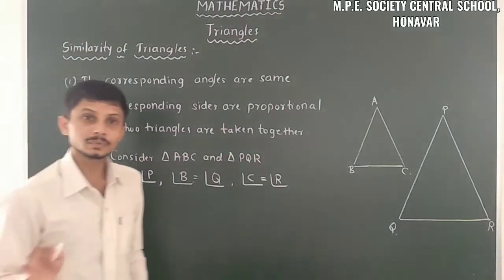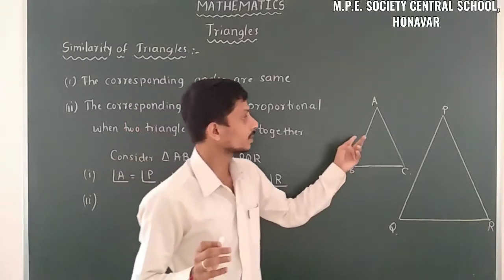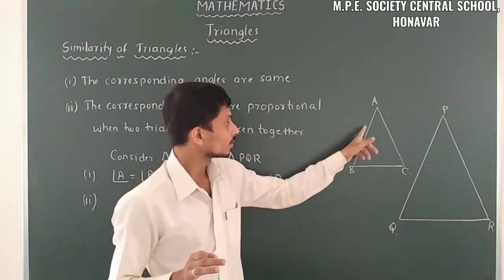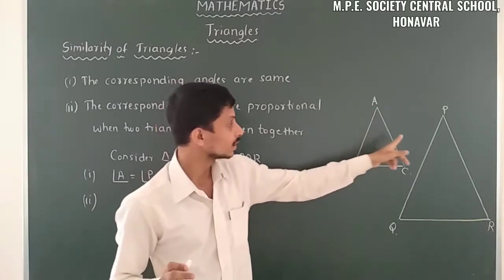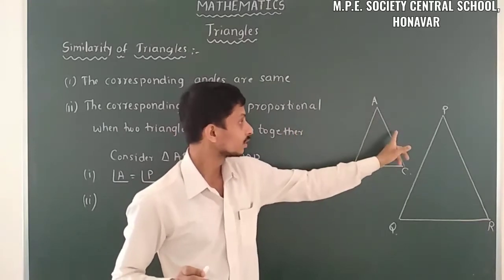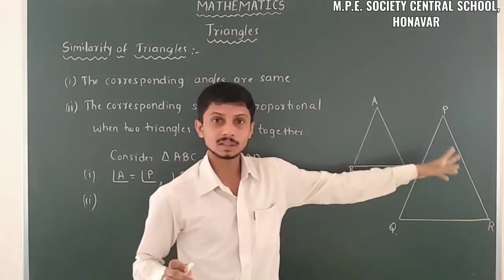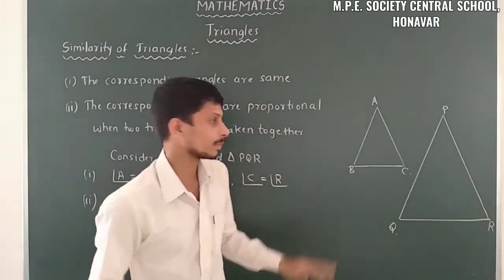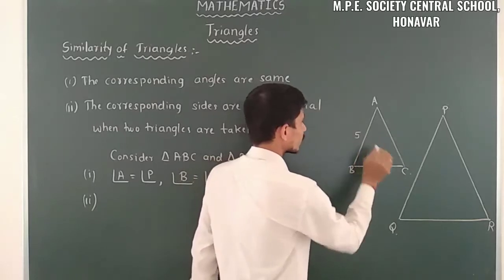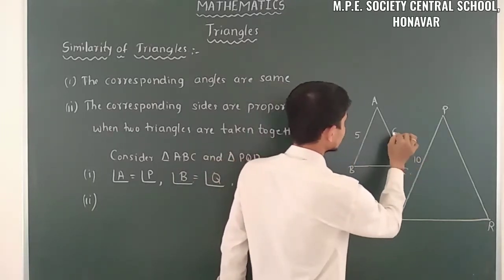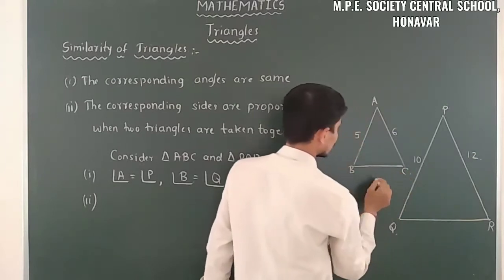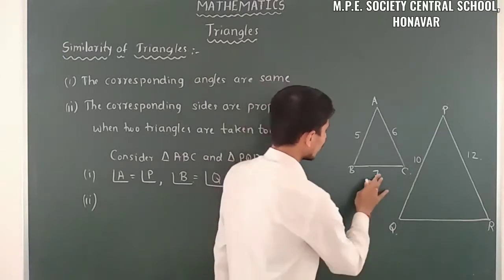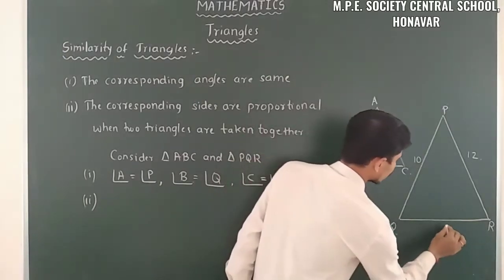Here we have to be aware of the measures. What is the measure of this, what is the measure of this? For example, here the measure is 5 cm means here it must be 10 cm. Here it is 2 cm means here it is 4 cm. Here it is 6 cm means here it is 12 cm. So let us take some measurements. Here it is 5, here 10, here 6, here 12, here 7. For example, here I will take 4, here I will take 8.